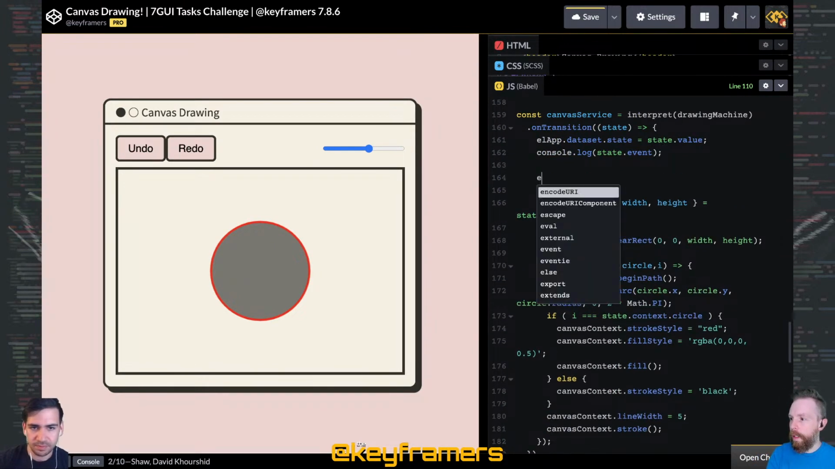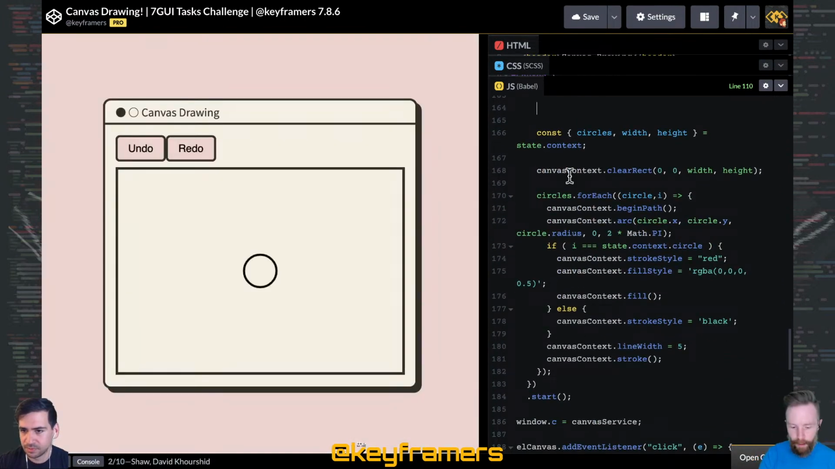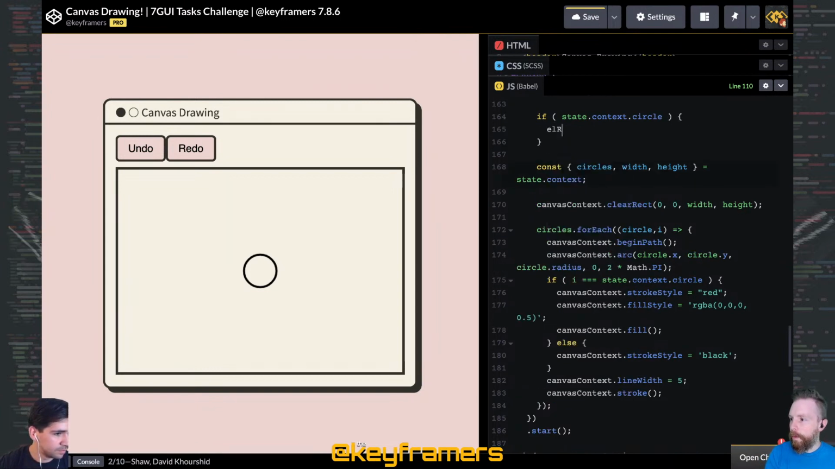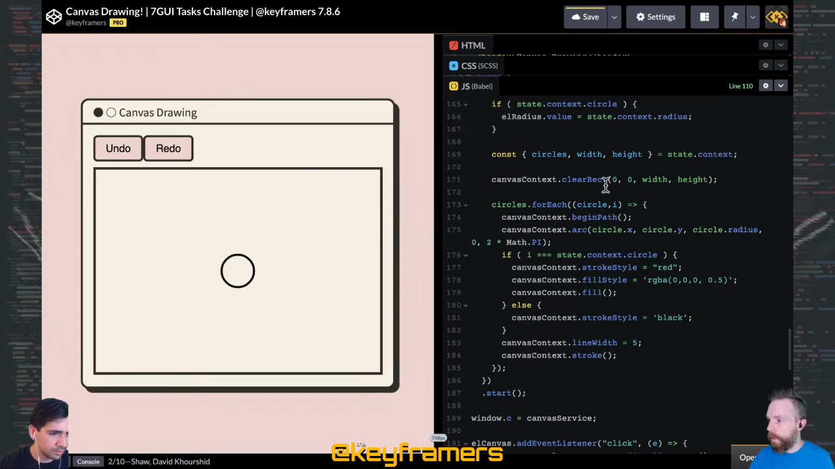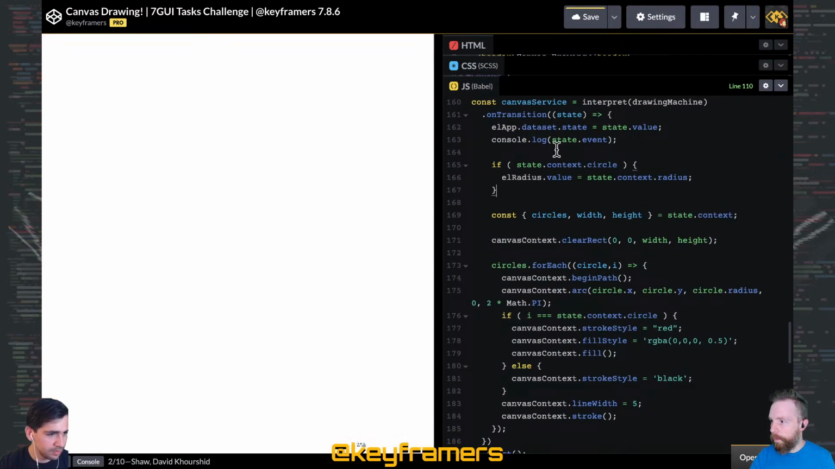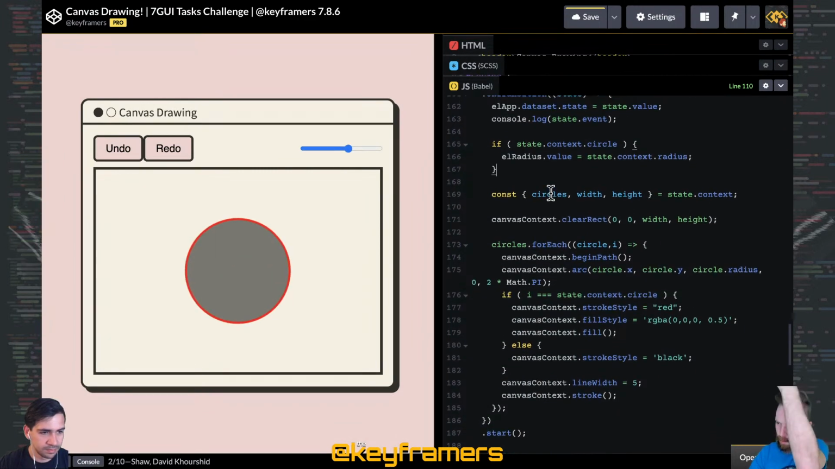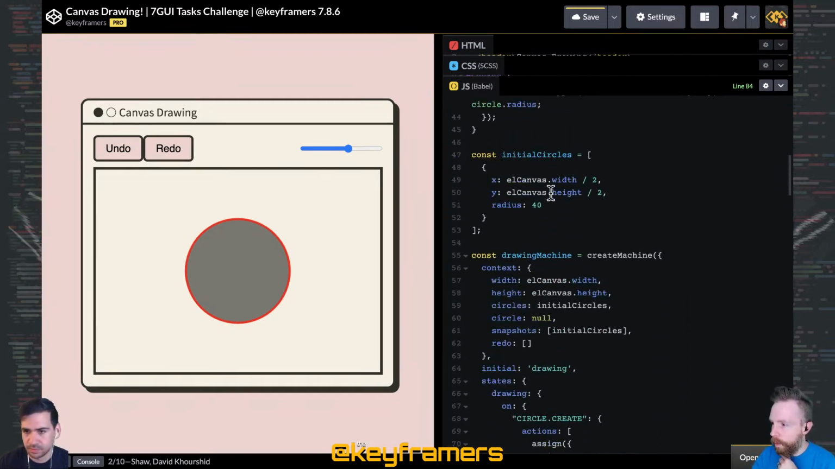So we can say, let's see, if state.context.circle, lRadius.value equals state.context.radius. Is that where we're storing that? I believe so, yeah. Okay, so select. That did not do it. If state.context.circle, state.context.radius. Let's go back up and look at our